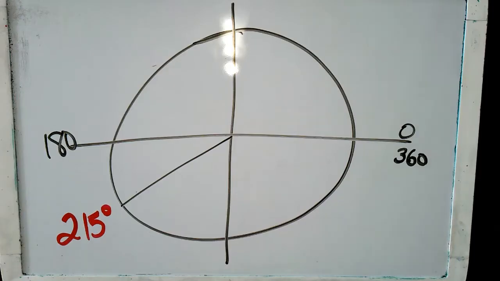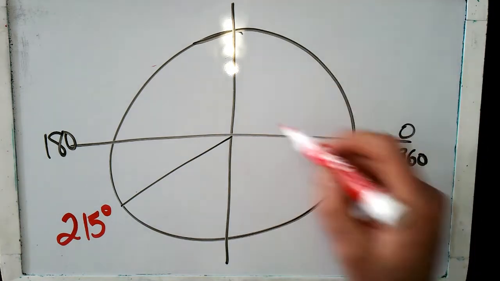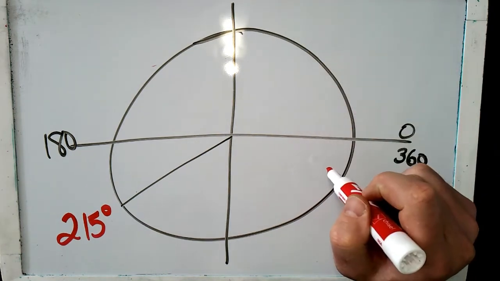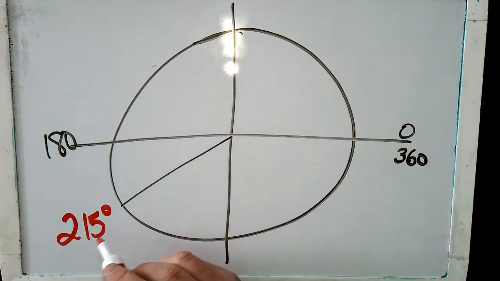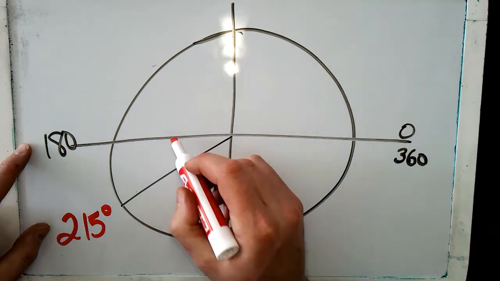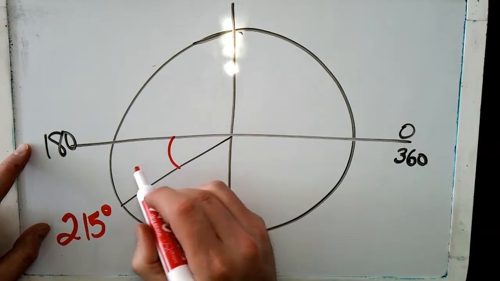So try this one on your own. It has an extra step. Pause the video and then play it once you get stuck. So this one, we're not given the reference angle. We're not given the quadrant 1 standard position. So we have to take this and we need to find the reference angle by subtracting. 215 minus 180,